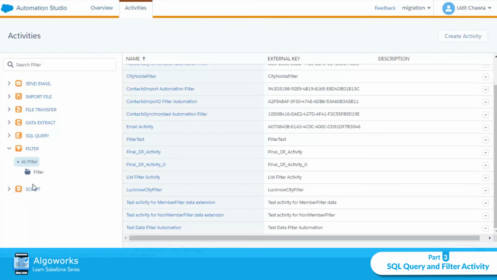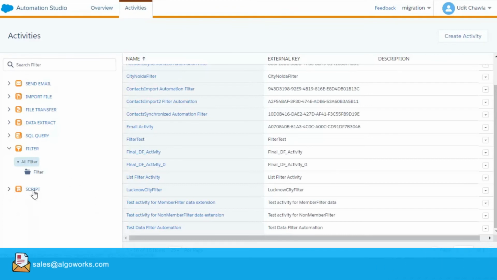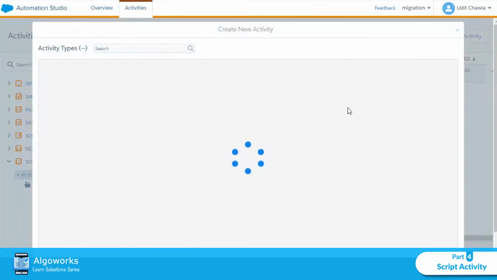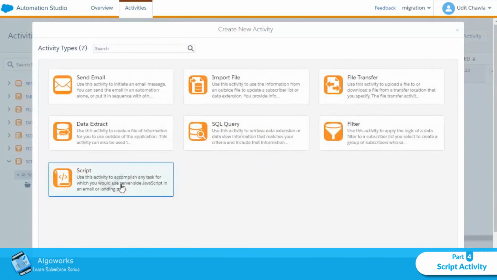So this is the seventh activity, which is the script activity. In this script activity, the only script language available as of now is server side JavaScript. We can only use server side JavaScript in this script activity, for an email, or if we want to provide a script activity on a landing page.